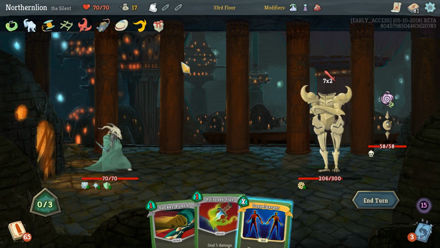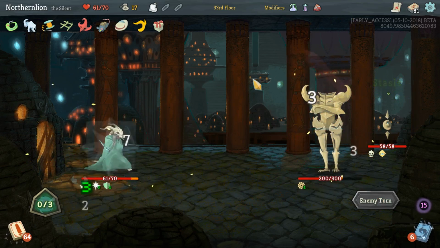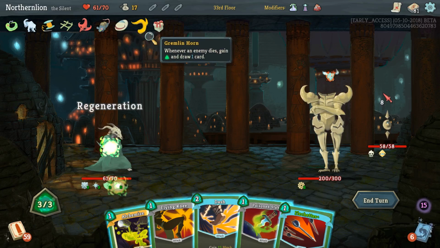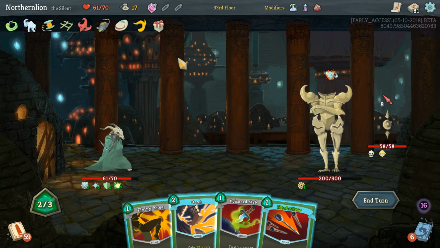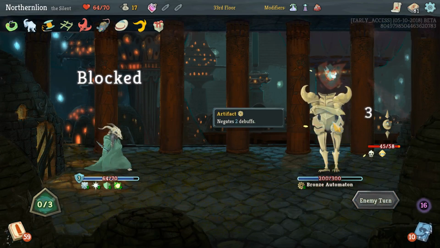Regen potion. That sucks. So we are going to lose our perfect. Pop our regen potion for sure. Let's alchemize. We get a weakness potion. No need to pop the weakness potion yet. I'd really like to use it after we get rid of this guy's artifacts, but